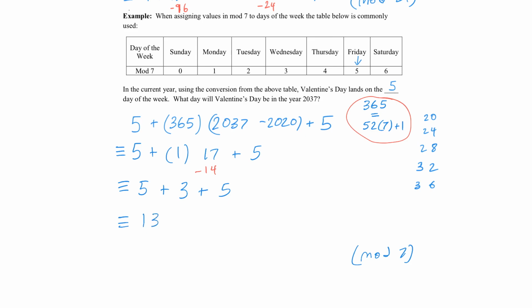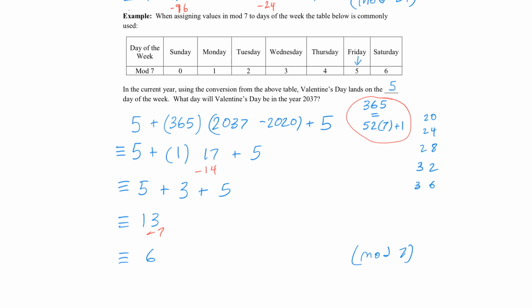Finally, we can subtract 7 from 13 to get our final answer. In mod 7, we would get 6. So what does this 6 mean that we came up with? It means that the remainder of this number, whatever this number is here, is 6 when